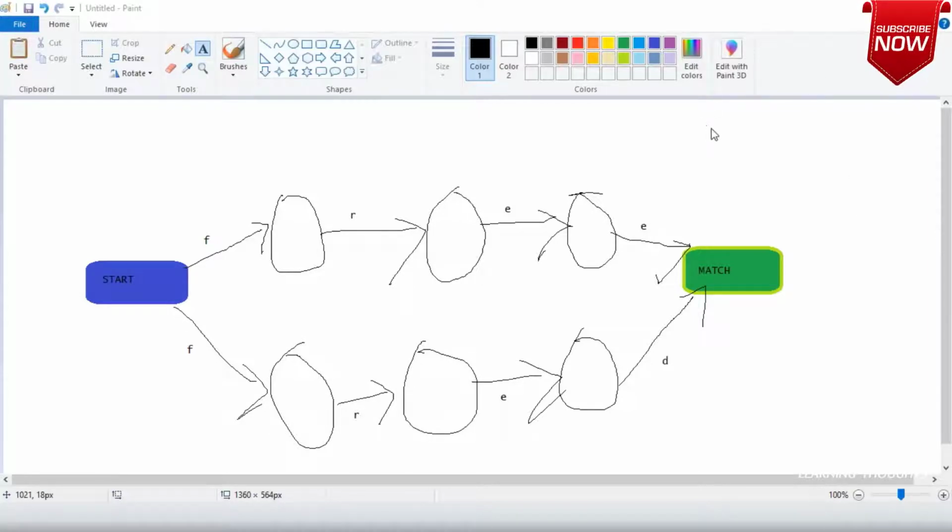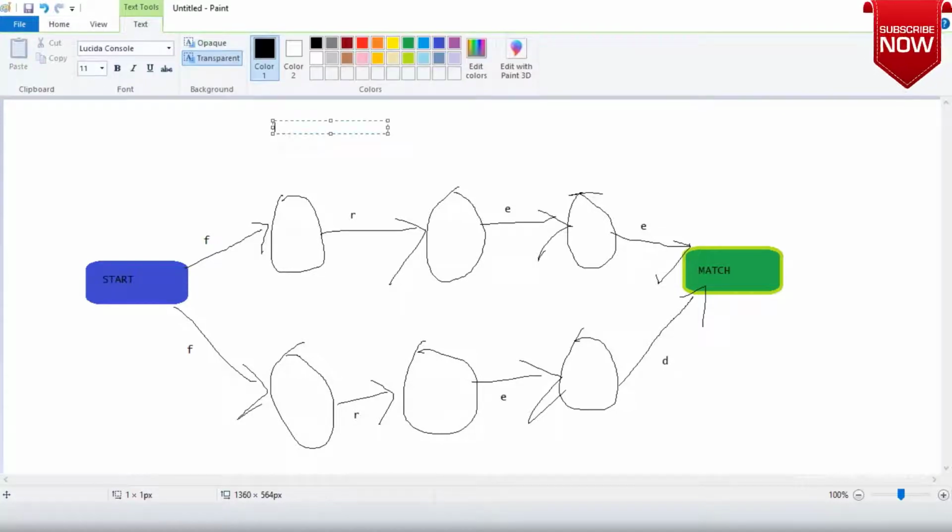These kinds of things are represented in finite automata, or in automata theory, as non-deterministic finite automata. What is it? Non-deterministic finite automata. Let me write that down.